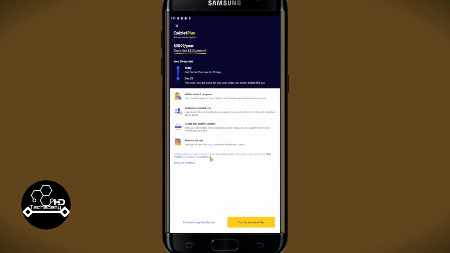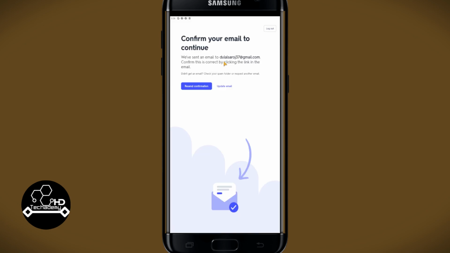You will now be asked to subscribe to Quizlet Plus. You can tap on Continue using free Quizlet if you wish to use the free version. And now you will be asked to confirm your email address. To do this, just log into your email address that you used while signing up for your account, and you